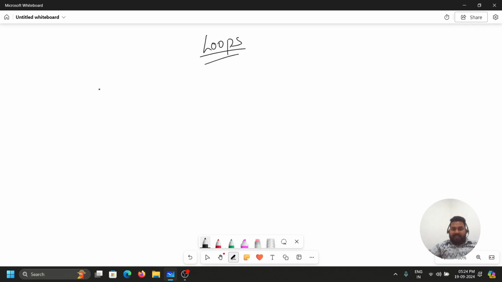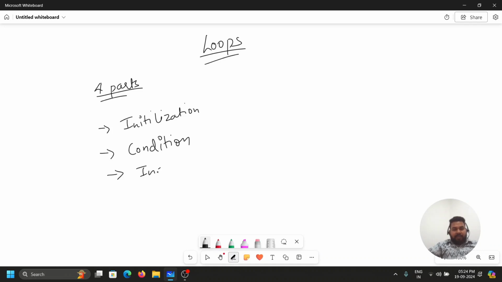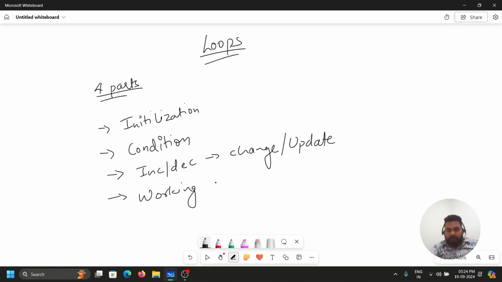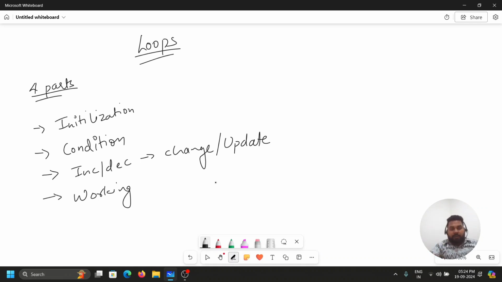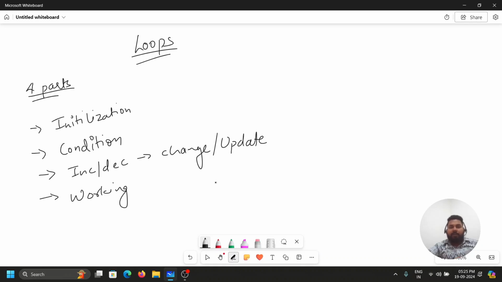Technically, we can say that loops are divided into four parts. One we call initialization, second we call condition, third we call increment or decrement or change. You can also say update. And fourth we have the working, like what that loop will do. Before going to these four parts, let's understand